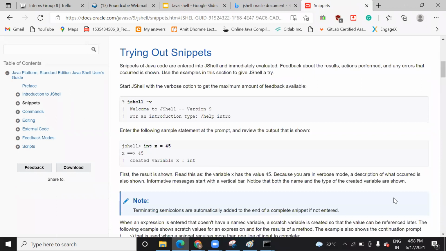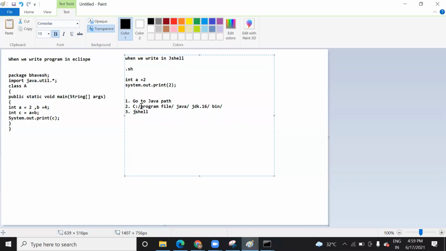So why is there a percentage sign? This one is actually for when you want to run JShell in some other mode, verbose mode, in Linux and all. When we want to run this in the Linux environment, then it comes. In Linux, instead of this backward slash, we have a forward slash. So that's why I've added a forward slash here. But in Windows, it will be a backward slash. So this is the difference. And the percentage sign also will come in Linux when you try to do the setup.